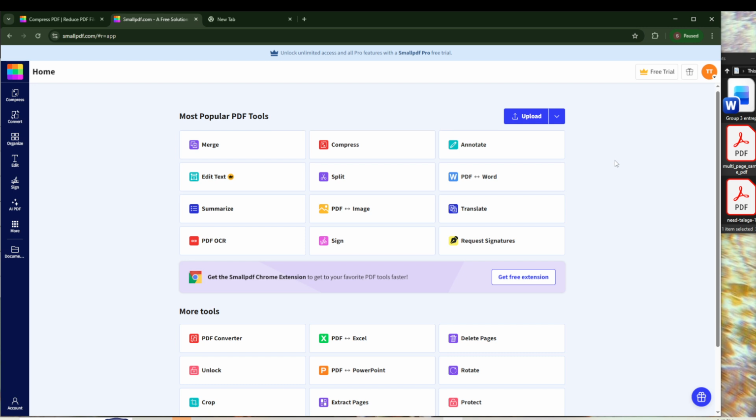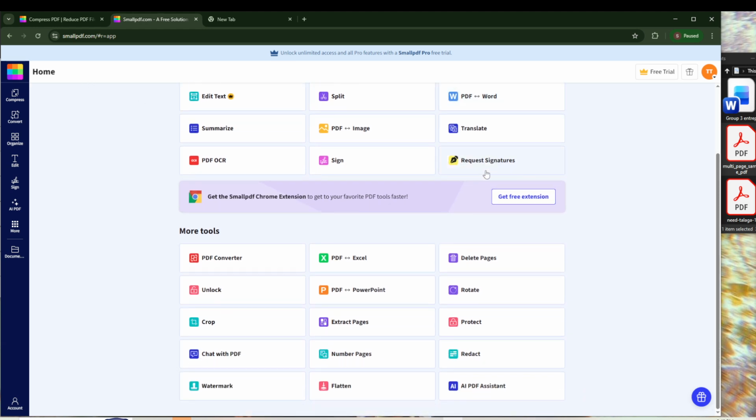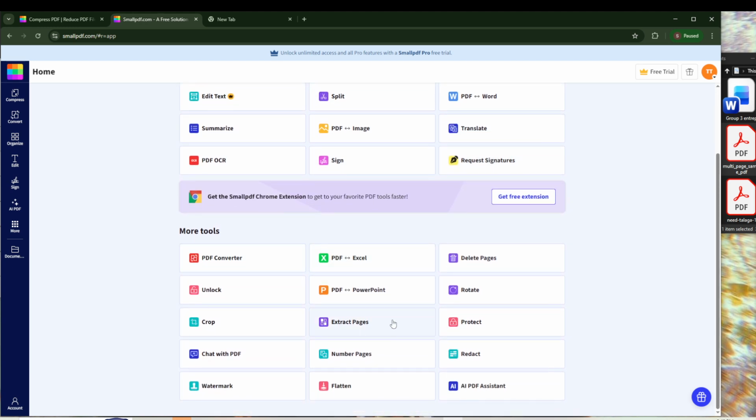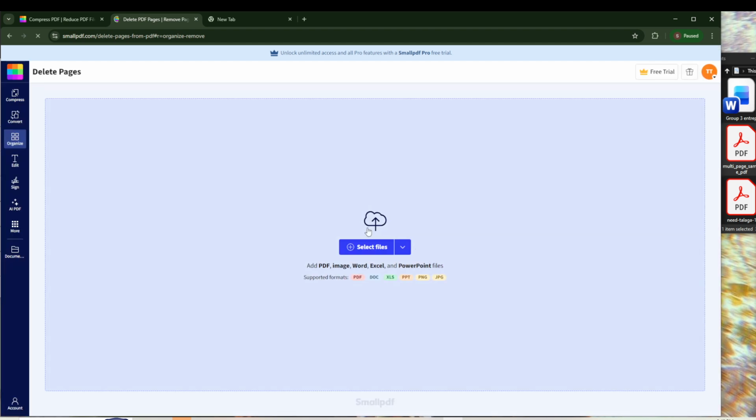Start by opening your web browser and heading to smallpdf.com. On the homepage, you'll see a range of tools designed to simplify PDF tasks. Look for and select the Delete Pages option. This is the tool we'll use to remove unwanted pages and adjust the order of the ones you want to keep. The best part is that everything runs in your browser, so there's nothing to install and it works on